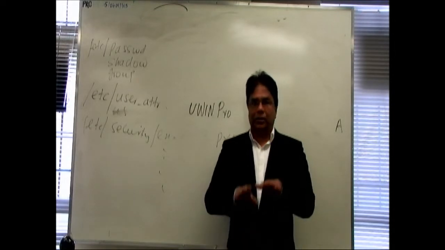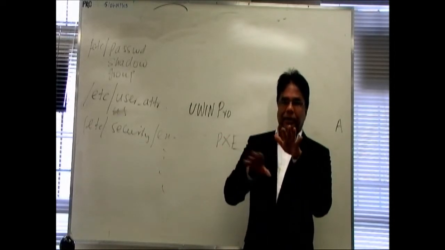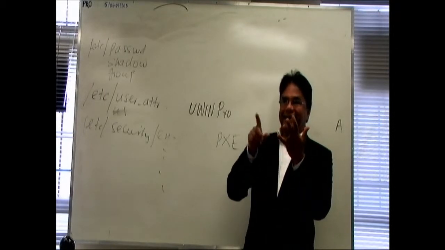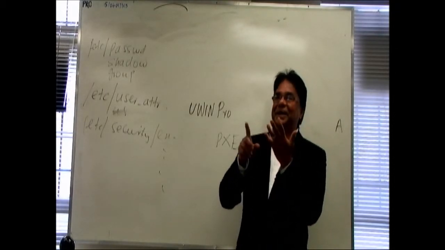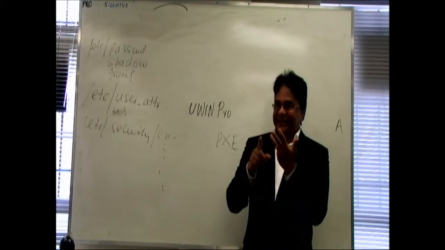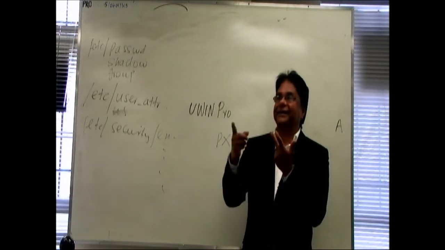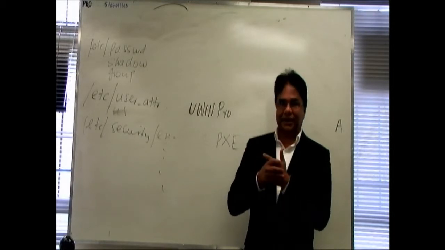Okay, so then we talked about three big sections in part 2. What are the 3 big sections? Name service, then the JumpStart, rule-based installation, and then NFS. Those are the 3 big sections, right?